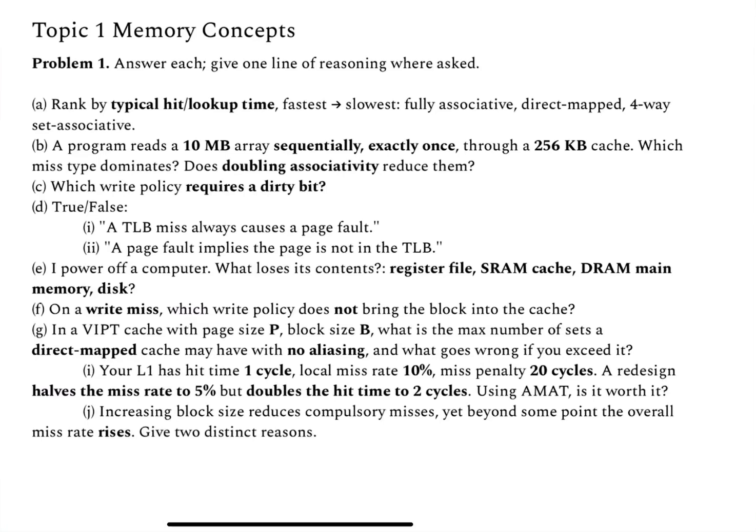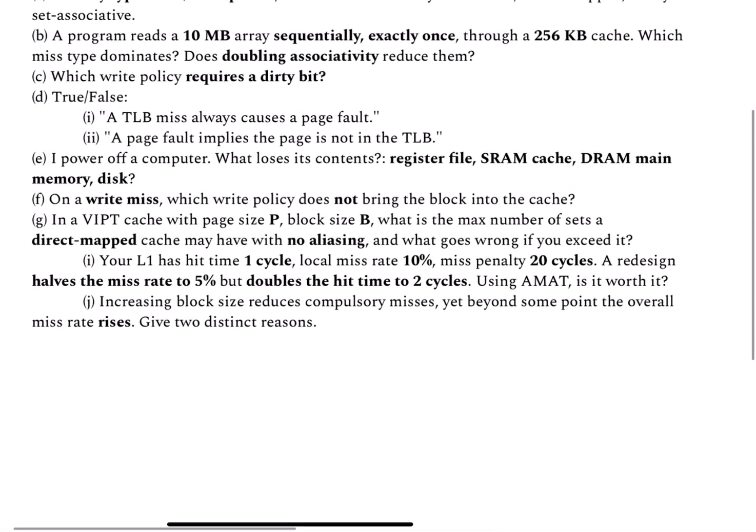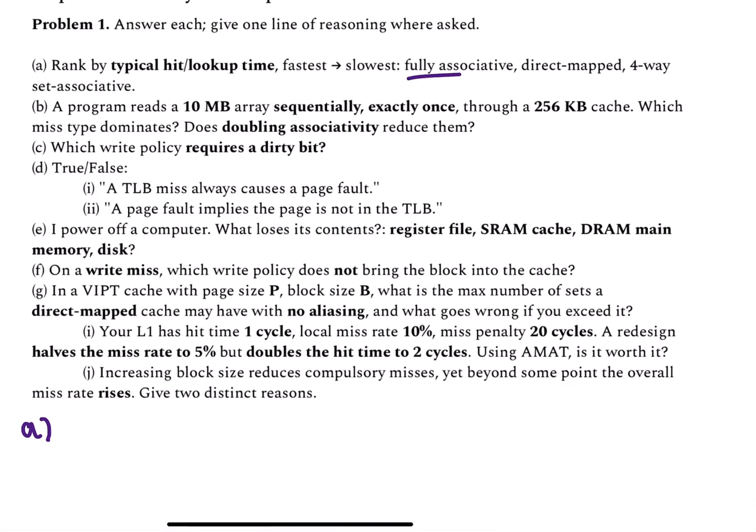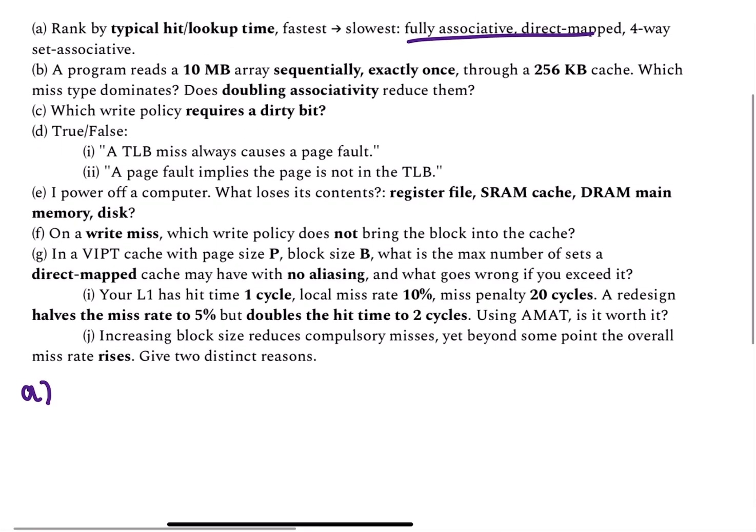So this is problem 1, memory concepts. Our first question is asking to rank by lookup time or hit time, fastest to slowest, for these types of caches. So our fastest is direct map cache because we only read and compare one tag, followed by 4-way set associative,